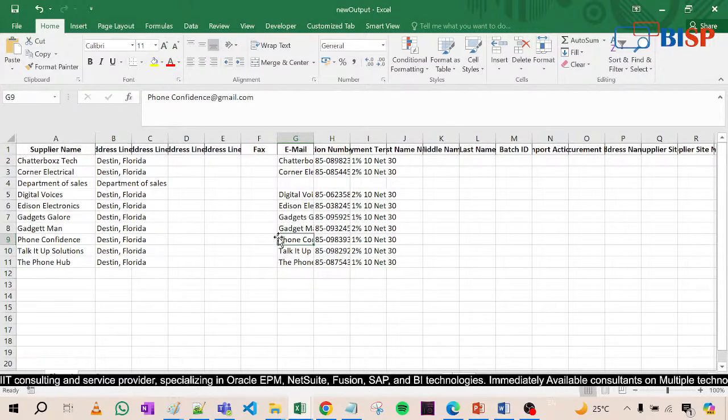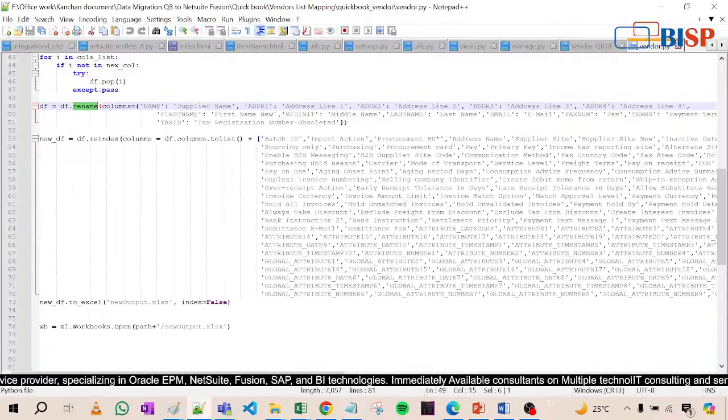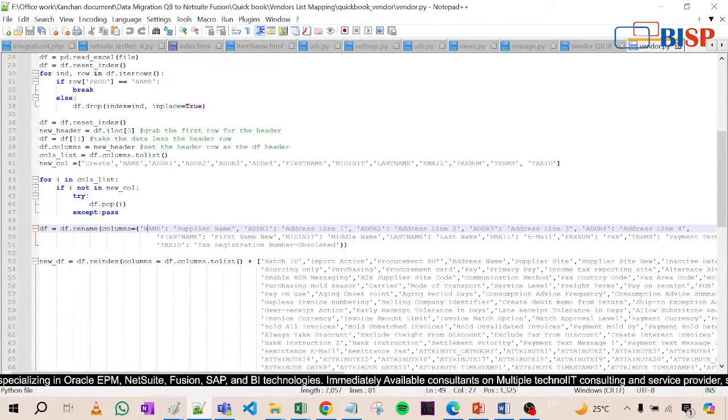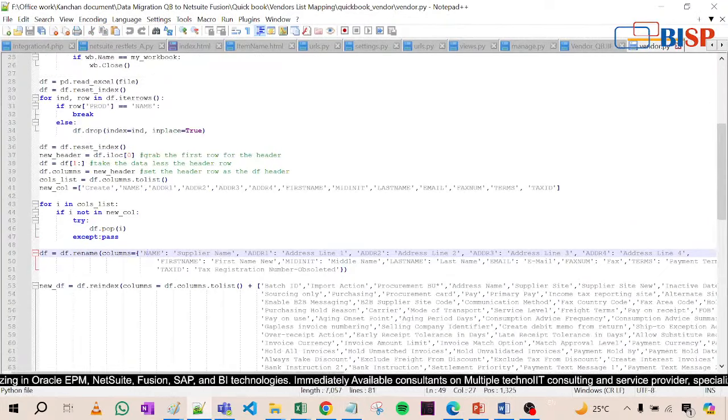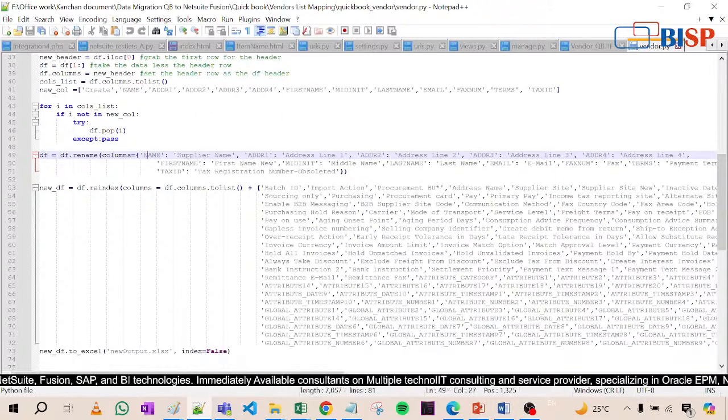So the second hurdle is to identify only required headers. See here, identify only required headers first. It will remove all the unnecessary columns. See here, in place to index IND, and then it will replace here. Now third is, whenever you download data from QB, and in Fusion, there are some additional fields also, because suppose here if you see,